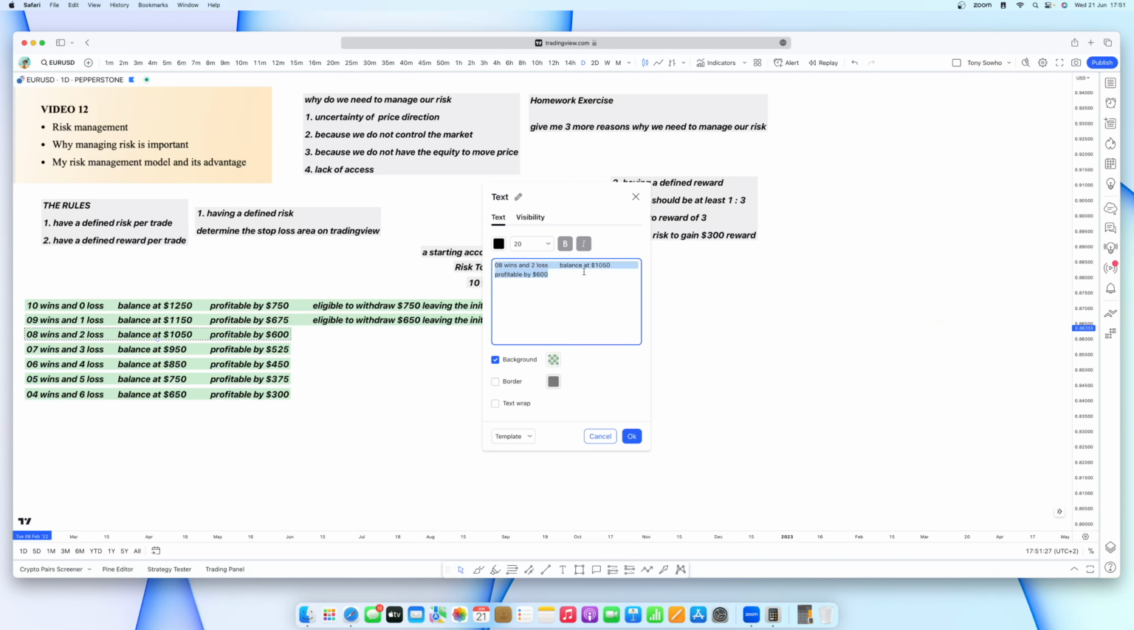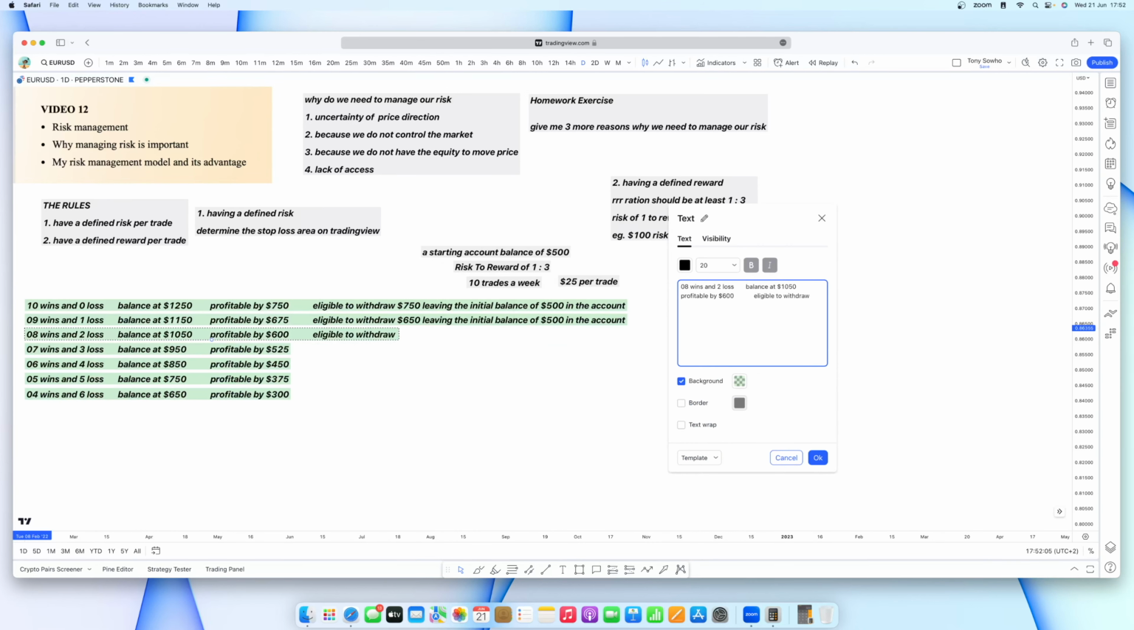And then this one also, you should be eligible to withdraw $550 on this trade. Should be able to withdraw at the end of the week. You should be able to withdraw 550. Yes, 550, leaving the initial balance of 500